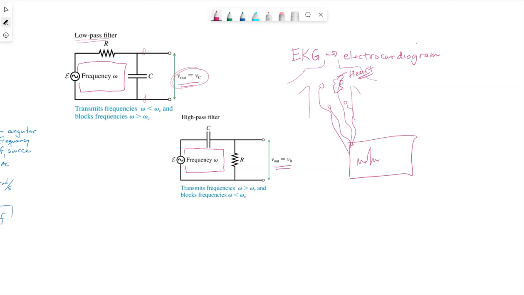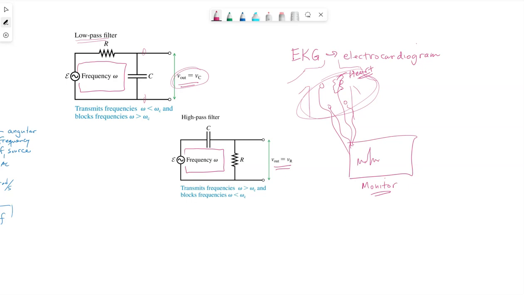Well, anytime we have electrical equipment in a room that has other electrical equipment, these sensors are going to pick up frequencies from everything, essentially. And so a filter is needed, which conveniently this monitor has already been built for the doctors, whoever's using it. But the monitor has a filter